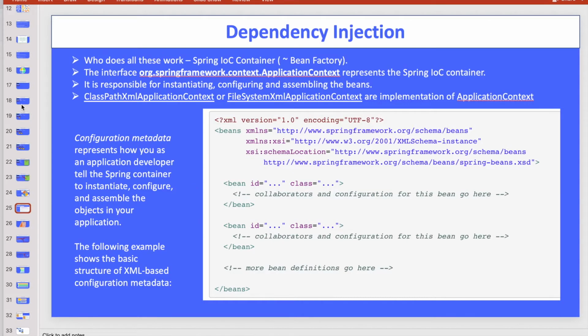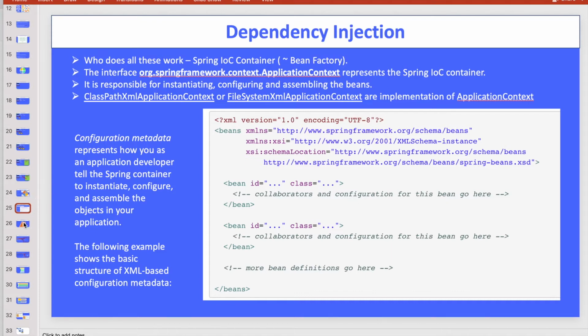But how does the dependency injection component create the bean, or the POJO, or the object for you? The Spring Framework has the concept of the Spring IOC container, which you may call a bean factory. It will create the bean on behalf of you. But how will it create? That's why you have to give the information in XML format, that I want this bean, and all the dependencies or beans you have to give.